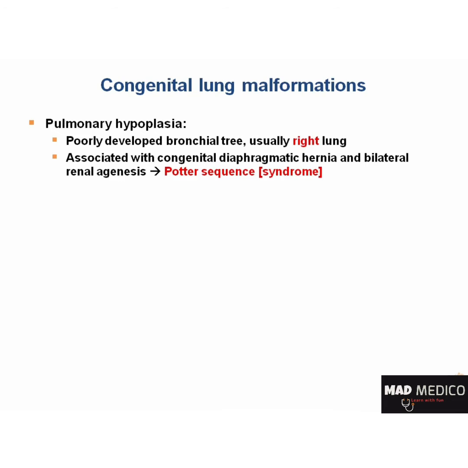Correct, Potter sequence. When we use the term sequence here, we're actually referring to a chain of events that leads to a certain physical pathology. For example, in Potter's sequence, the final pathologic manifestation this disease is known for is pulmonary hypoplasia, secondary to oligohydramnios, or the instance of too little amniotic fluid in the uterus. The small amount of amniotic fluid leads to compression of the fetus and the developing lungs. The fetus simply runs out of room to develop properly.